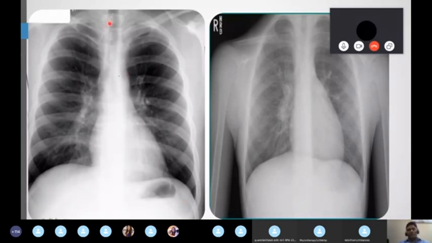And the third important point I'm going to tell is the vertebral body. In PA we are going to see an inverted V, but in AP you're going to see a rectangular shape. All of you please remember these three important points: one is the heart, second is the gastric air bubble, and third is the vertebral body. Keep these 3 points always in mind. Later you can look at the clavicle and scapula. Don't use the clavicle and scapula to tell AP or PA because it depends upon the technician. Some technicians will tell you to stand straight, and automatically the clavicle becomes horizontal and the scapula will be inside in a PA view. So don't rely completely on the clavicle and scapula.